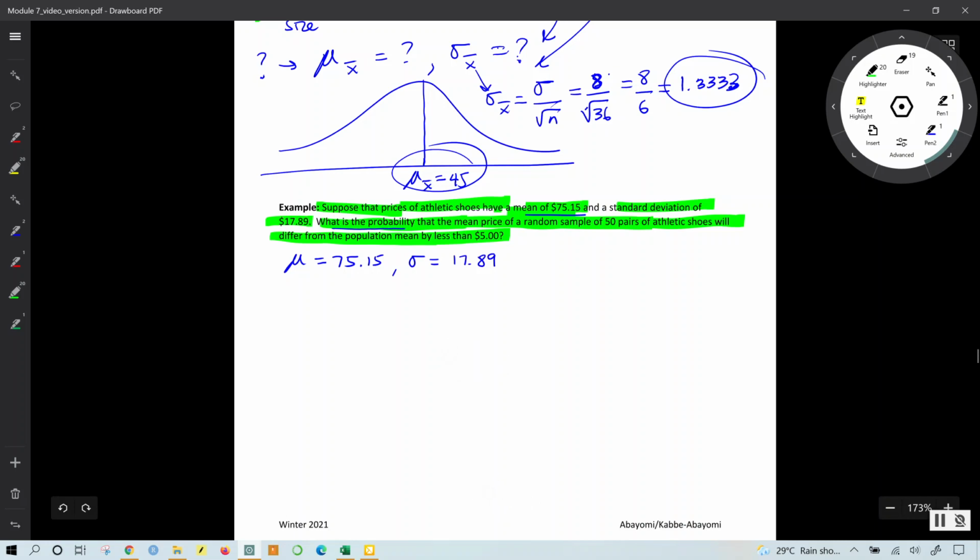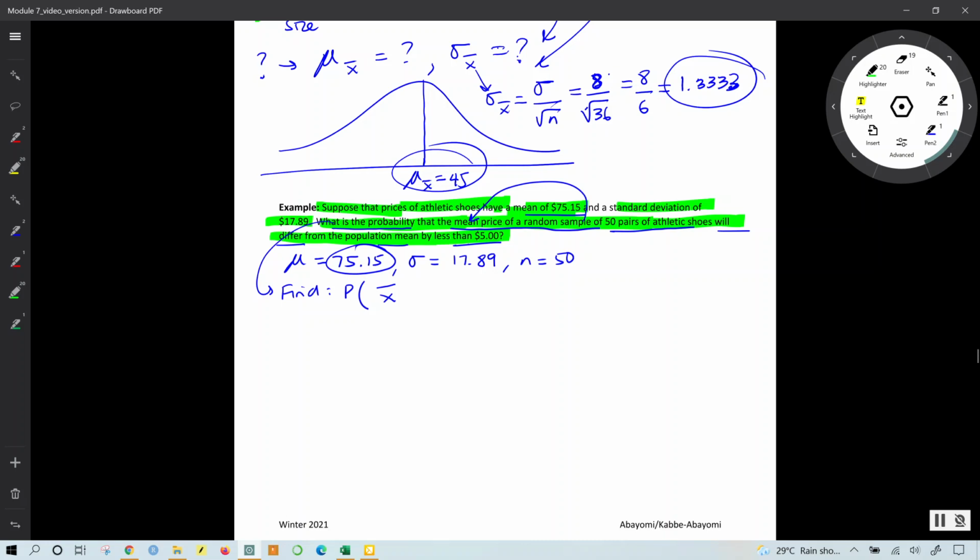Now, we would like to compute a probability. What we want to find is the probability that the mean price of a sample, so that is the sample mean, x bar, for a sample of size 50, so n is equal to 50, will differ from the population mean, from 75.15, by less than